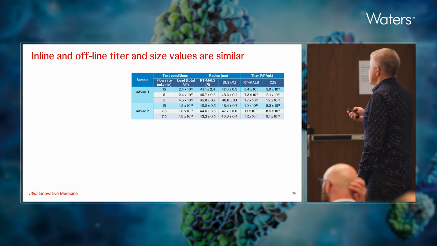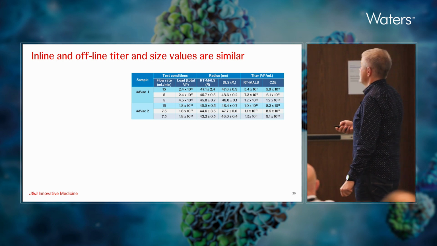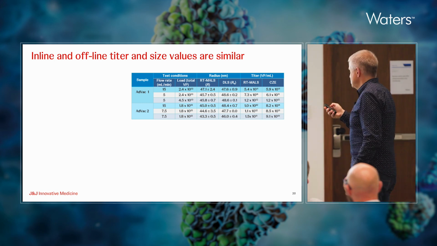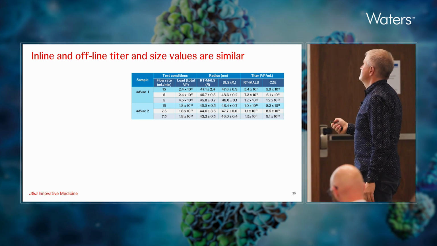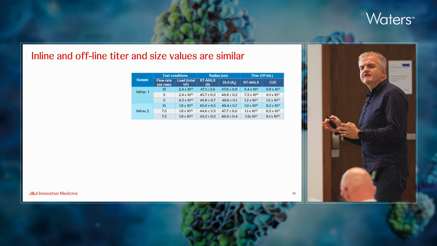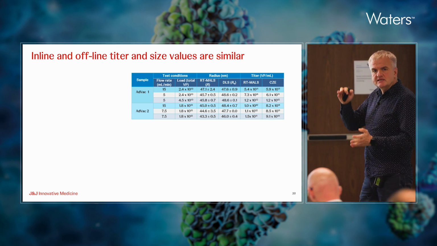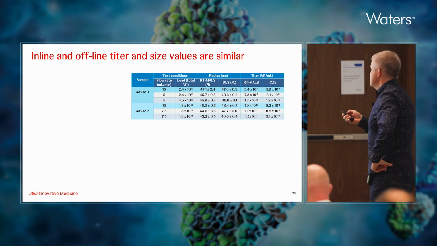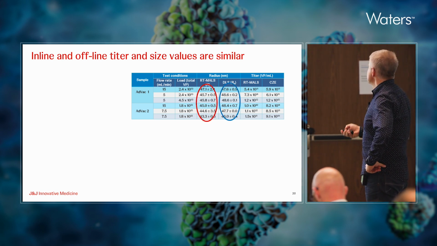Now, if you look at the results, and for full transparency, I listed here all the repeats. We used two different adenovectors and also used different flow rates. So we are still far from the claimed upper limit for flow rate. It seems that it can go way higher. But under our conditions, two things.